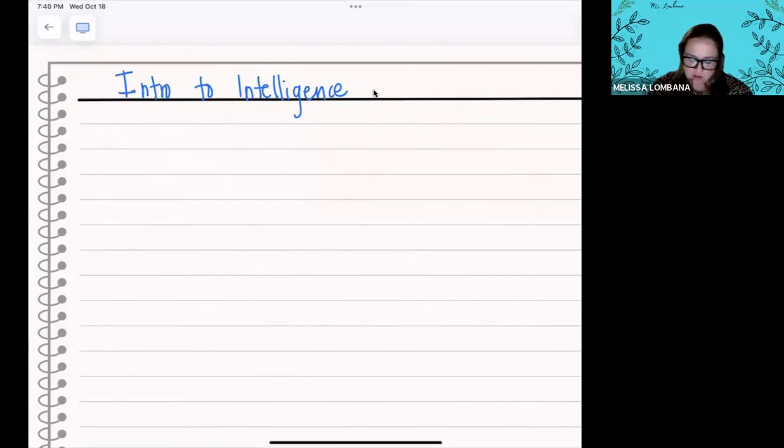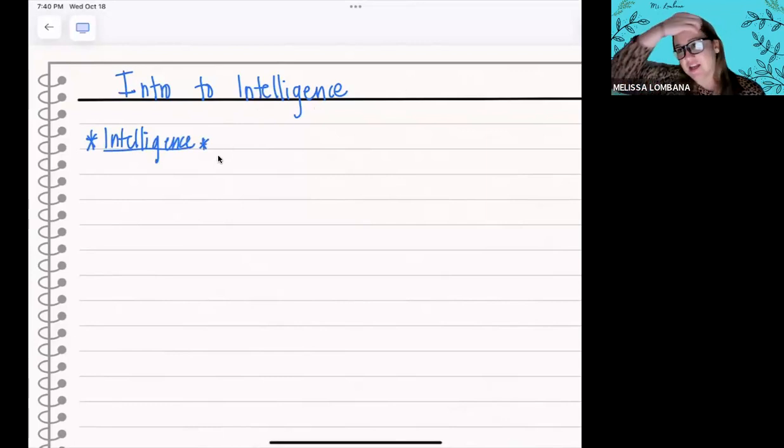So the first thing we're going to start with is intelligence. What exactly is intelligence? This is definitely a conversation always to have, because how do you define intelligence? It's one of those things that a lot of psychologists actually debate about. For the sake of this class, what intelligence is,